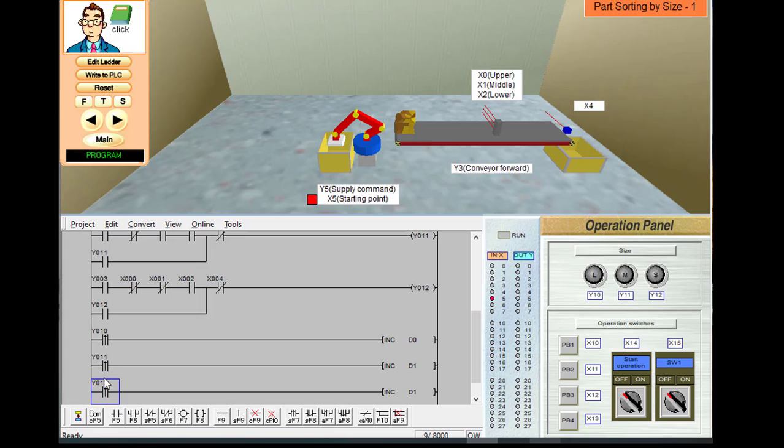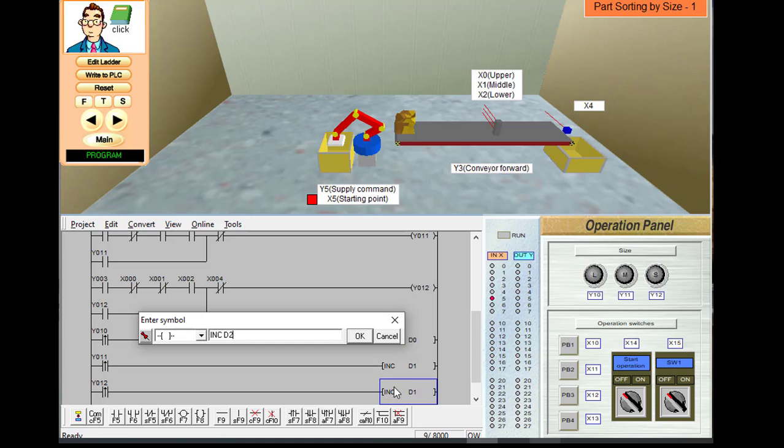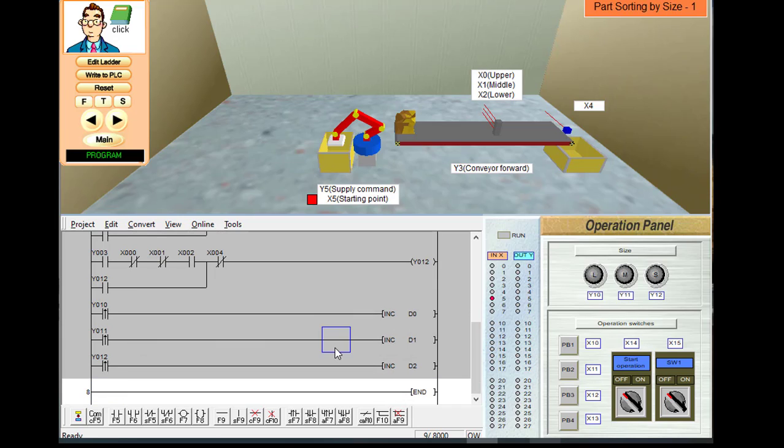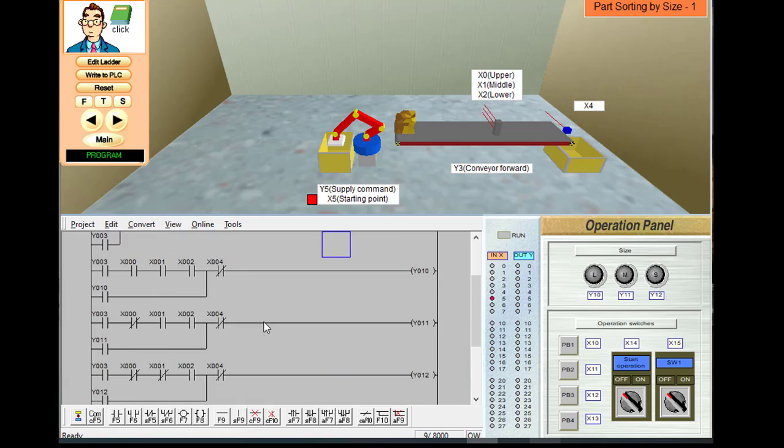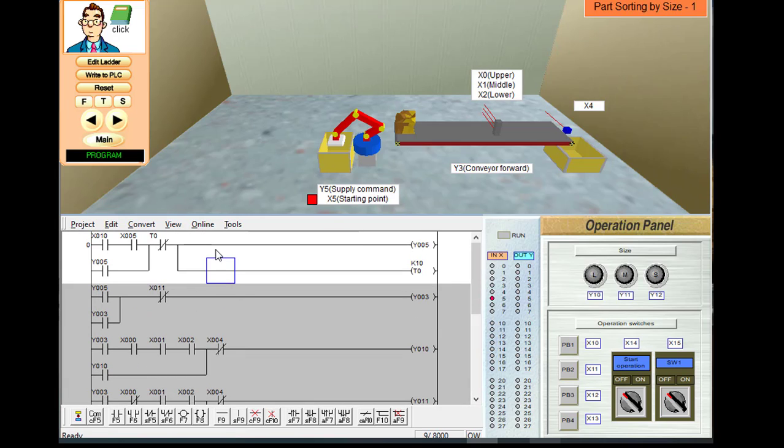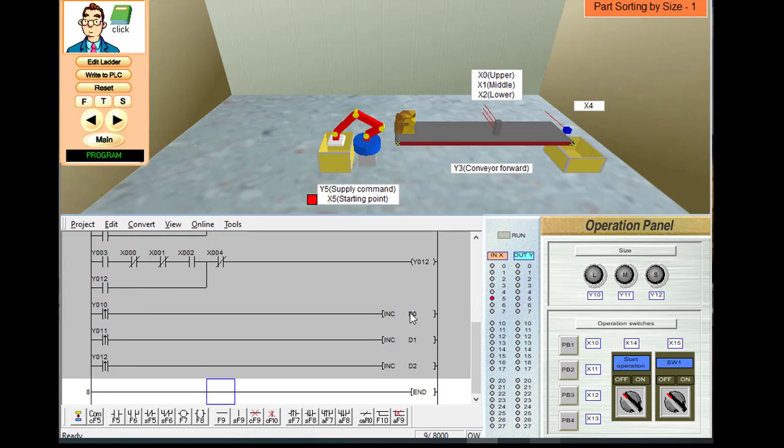Similarly, if it is Y12, we will increment the value of the D2 register. Now quickly we'll comment this program. D0 gives the number of large parts, D1 gives the number of medium parts, and D2 gives the number of small parts on the conveyor.